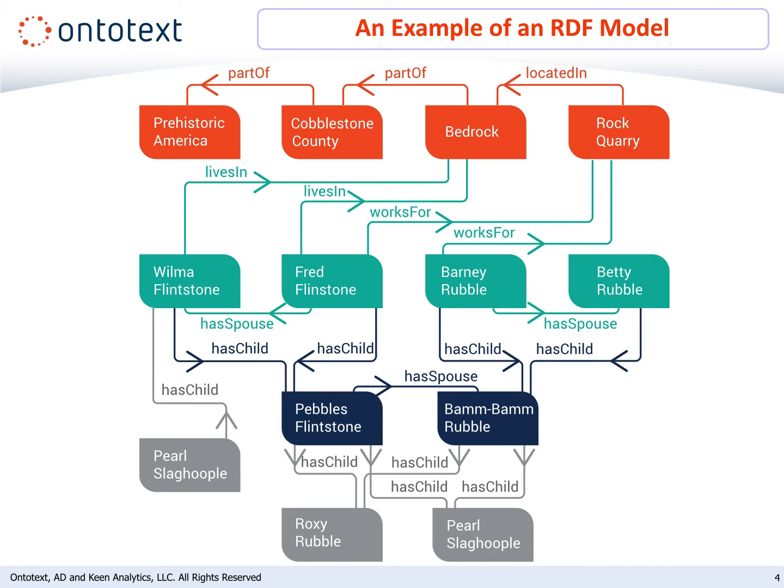In this example, we demonstrate how multiple triples link together to form an RDF model. As you can see, we are describing the characters and relationships from the Flintstones television cartoon series. Here we see the triple Wilma Flintstone lives in bedrock. Wilma Flintstone is the subject, lives in is the predicate, and bedrock is the object. Fred Flintstone lives in bedrock